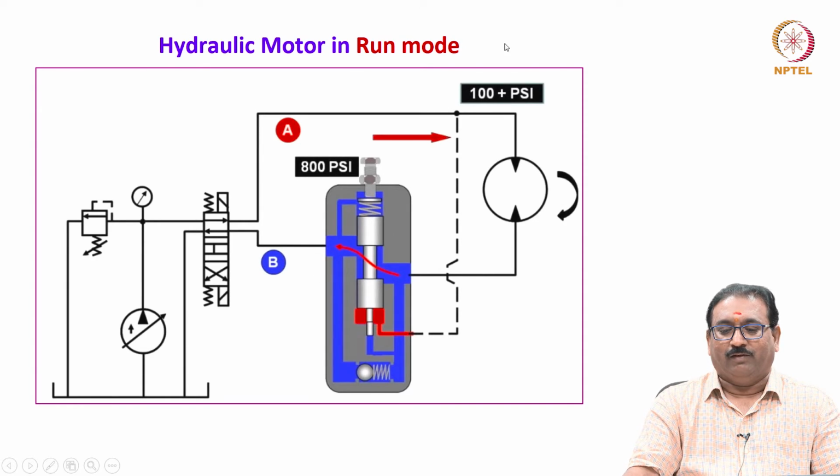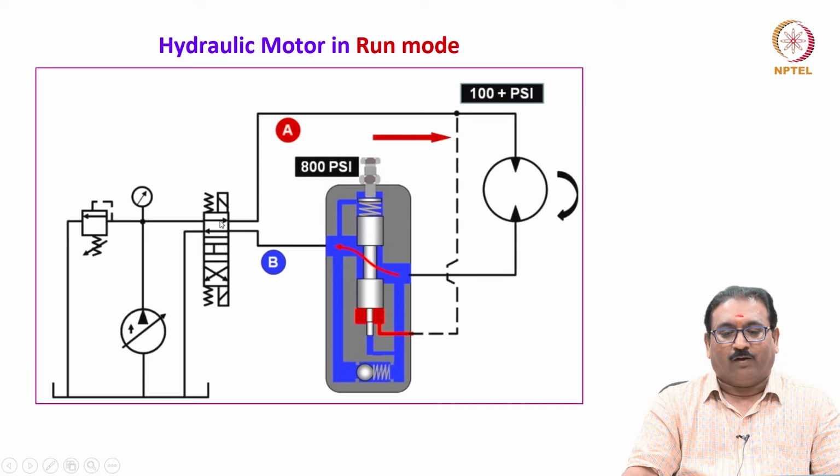Running mode means, friends, I am using the same valve here. In running mode, this is the pump, a pressure compensated pump, and the pressure relief valve. I am monitoring the pressure here. Here it is solenoid operated. Now you will see the open type, spring centered. Here it is a parallel configuration, crossed configuration. How is it operating? Using the solenoids.